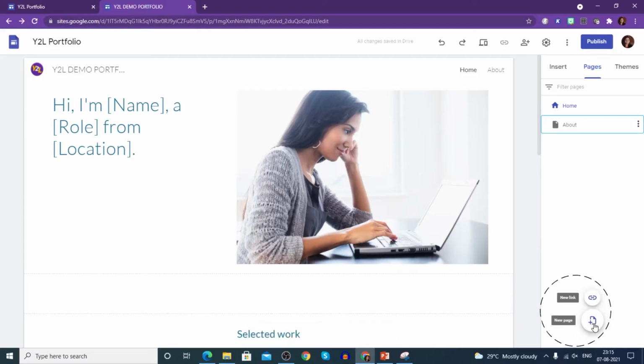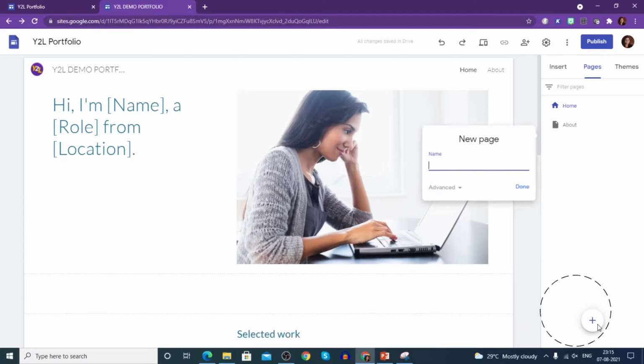Now come to this plus icon to include a new page of your own. Now let's use the about tab that is there. Besides the about tab, what can we use? We can use a goals tab, right? Let's write goals and then choose done.